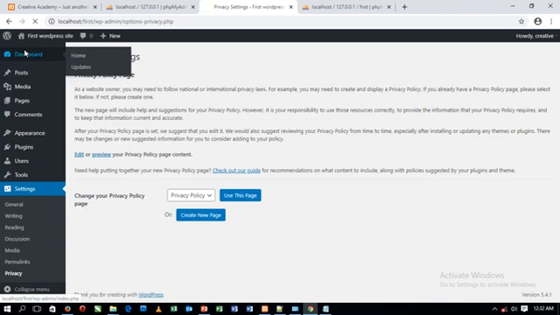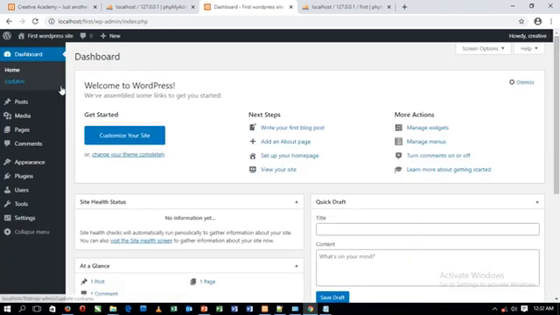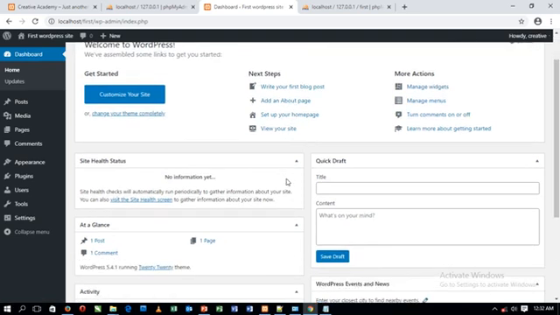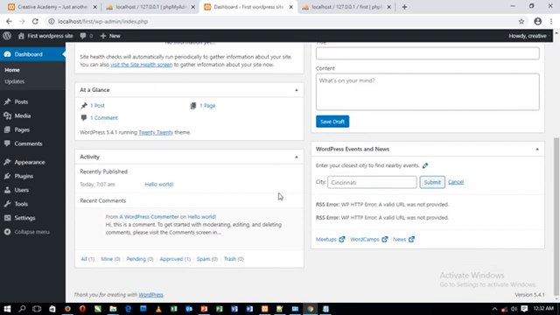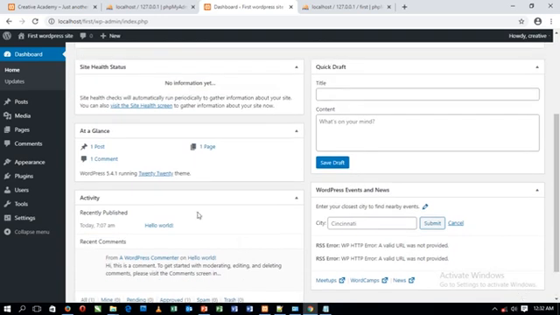So we can come back to our dashboard, and our dashboard tells us welcome to WordPress. Do you want to write your first blog post? You want to write an about page? You want to set up your own page? When you scroll down, we see some other things we can read up on, like your activity. If there's any comment, you see it here. This is a default comment. Then at a glance, you can see you have only one post, only one comment, only one page, and that's it.